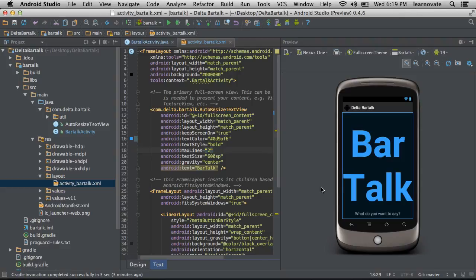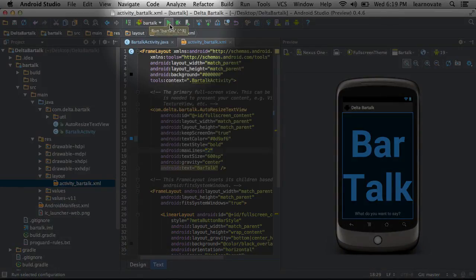So you've made a change to this application. You might be wondering, what exactly are we doing right now? What is this app? Well, if you've ever been in a large, crowded area, such as a bar, and you want to say something to someone far away, this application solves that. It's called BarTalk, and it's going to be the first application you're going to run. All you need to do is go over here to the play button, click it,